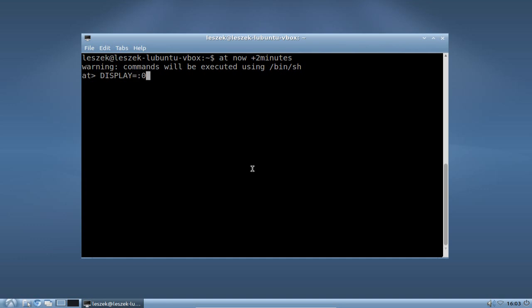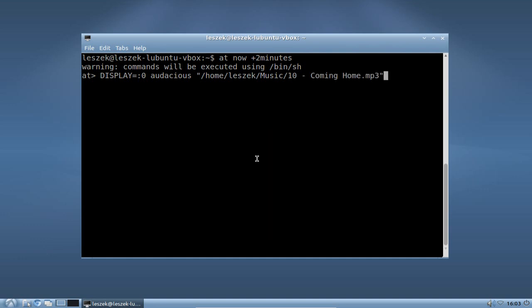In this case it's normally the display 0 here, so then I have to type the application's name. In this case I will just use the pre-installed Audacious MP3 and OGG player, and I will just let it play